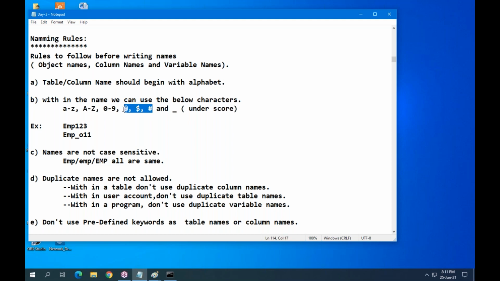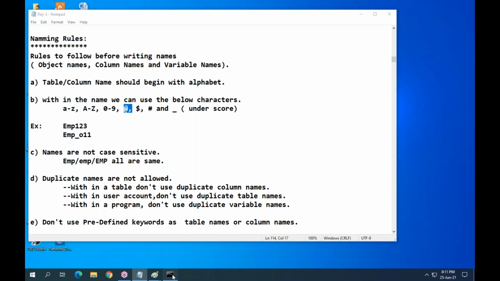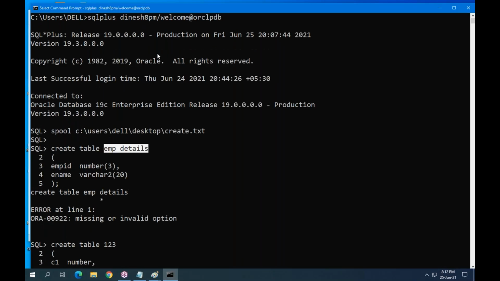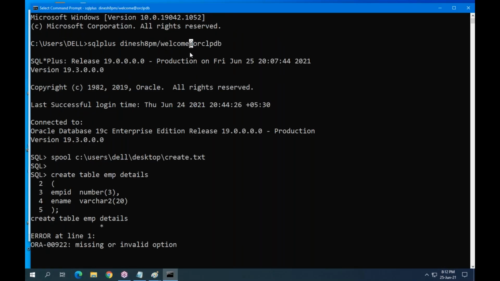Generally, don't use these things. Why? Because the @ symbol has a special meaning. If you observe here, what is the command I am giving? @, and after @ there is a database name.